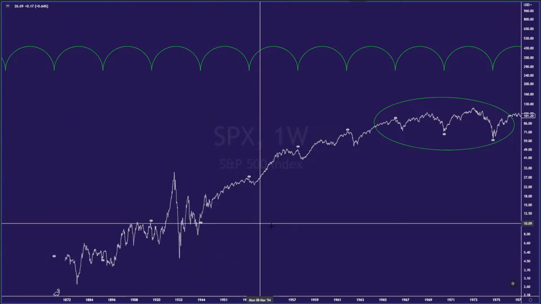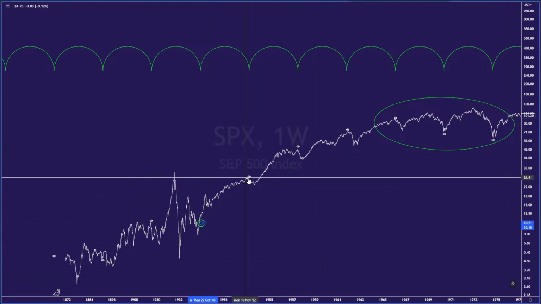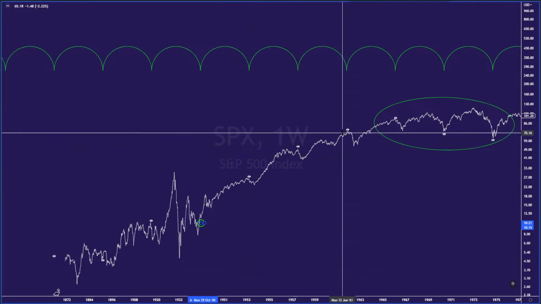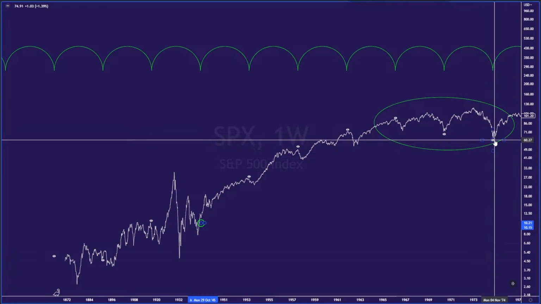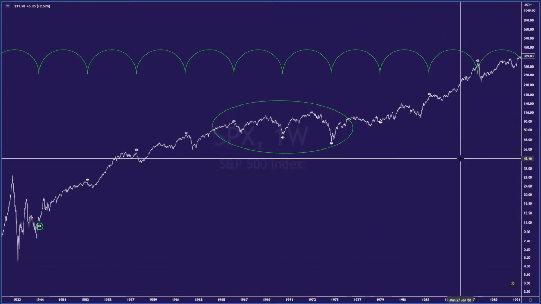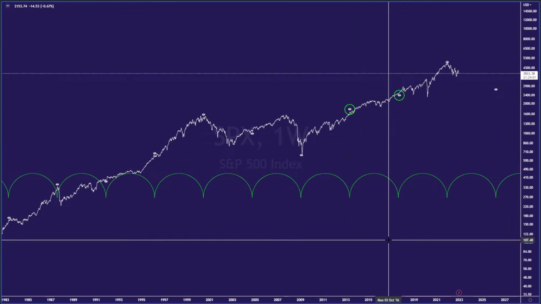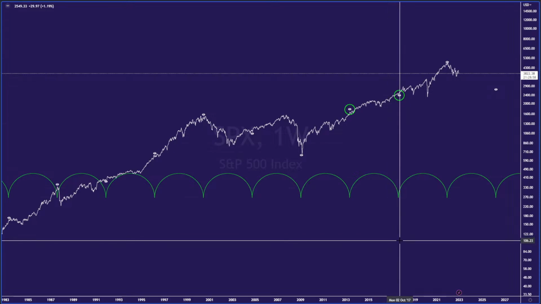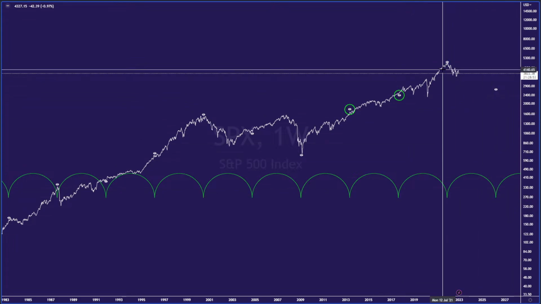I'm going to try and circle the ones that maybe aren't as pronounced, right? Again, I'll call this one a top, this one a top, this one a top, this one a top, this one a bottom, the next one a bottom. These cycles, they are something. I'm not trying to be Illuminati here. I'm not trying to say that there's something spooky going on, but I think you can all agree with me that so far almost all of these pivot points with this time cycle that I've found has marked significant events